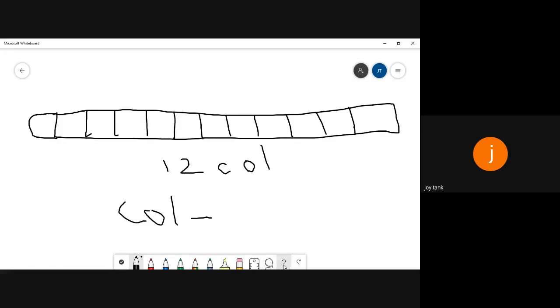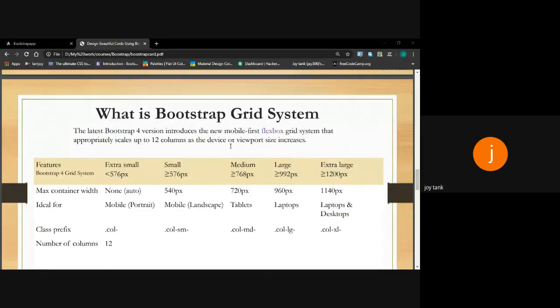And if you want to design for large screens like desktops, you might use lg for it. So this indicates that this column will only be viewable on a large screen, not on a small screen. So if you have taken, say, two columns, you are filling two columns of the 12 columns. You are using these two columns only for large view, rather than leaving the other 10 columns. So this is the basic grid system of Bootstrap.